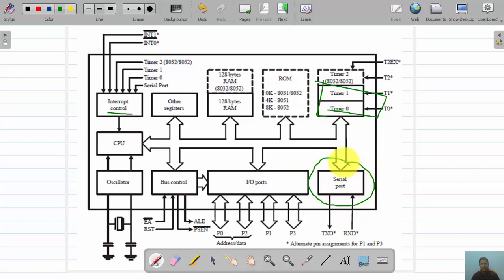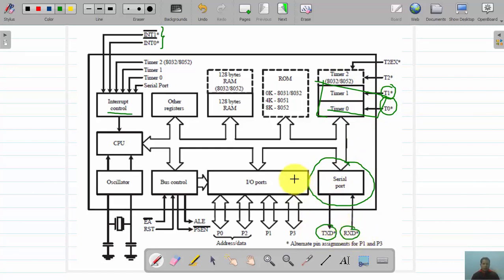Associated with the interrupt control, we have two pins, INT 0 bar and INT 1 bar. For timer 0 and timer 1 we have T0 and T1, and for serial communication, TXD and RXD.